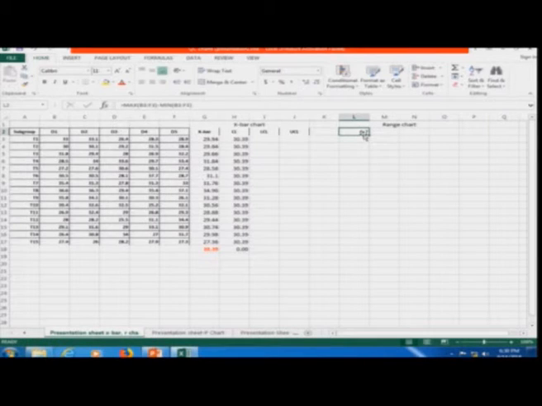So, it has returned this value. You can see it is maximum of B3 to F3 minus minimum of B3 to F3. If we have a number of values, for instance 20 values or 100 values, we cannot see things manually here. So, Excel is helpful in calculating the values, and the computation is lowered. I can just press enter, and if I drag this, I will get the ranges.